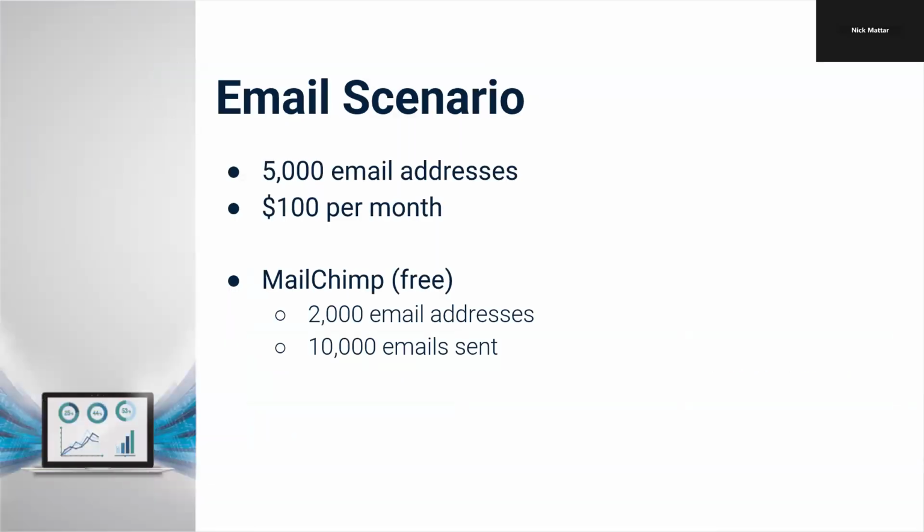Now, here's a quick scenario. Let's say you have 5,000 email addresses, those are subscribers, and your budget is $100 per month. You have a free MailChimp account, although 2,000 email addresses is not free, but whatever. Let's just say it is free, and you've sent five email blasts per month, and they're only sent to the 2,000 best customers, right? Let's say it leads to,